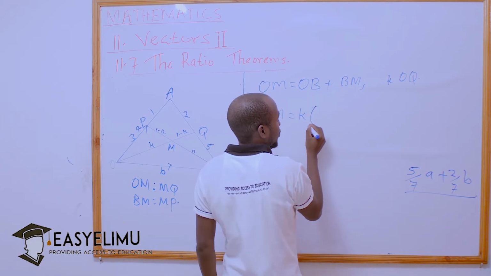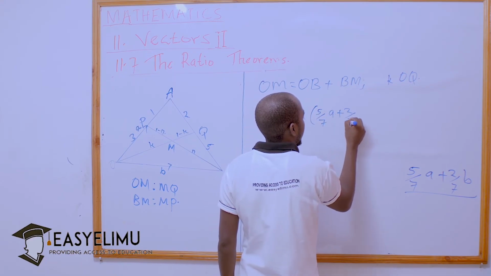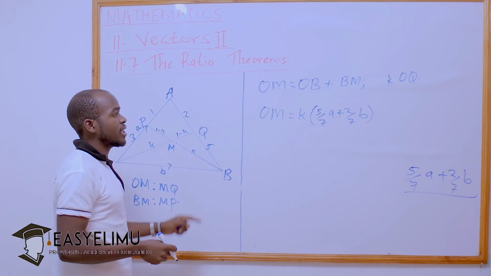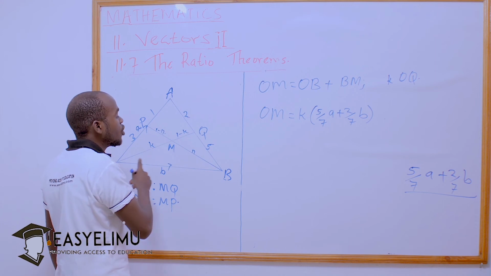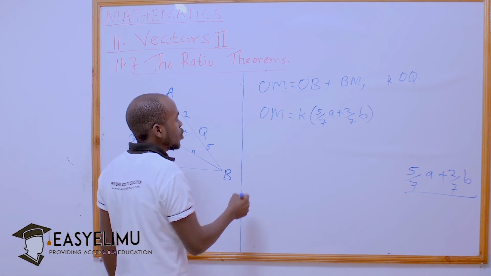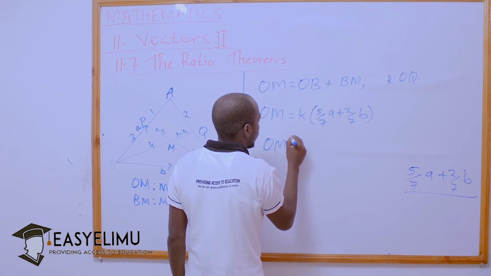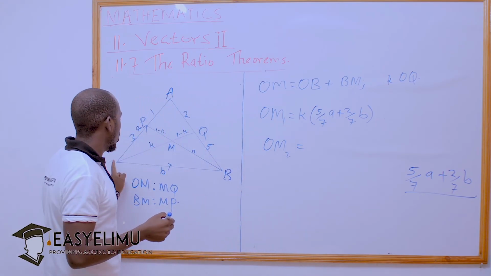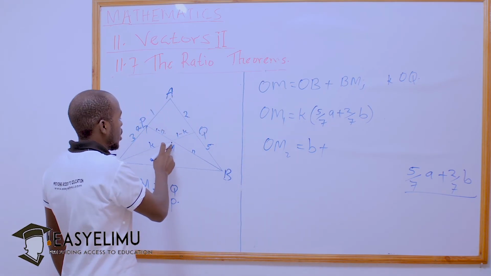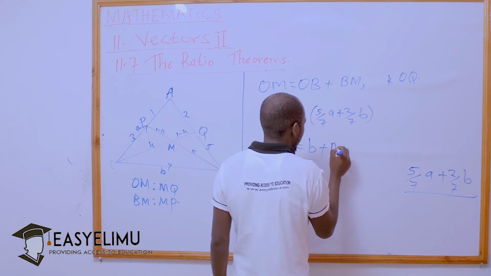I'll replace here what we have, that is 5 over 7A plus 2 over 7B. So after getting that, that is one method of just going directly, that is OQ. So I shall go with the other method, that is OB plus BM. So going that way, OB, I will find that OM2 equals, this was 1, OM2 will be OB, and that one is B, plus now N, and N will be N over the